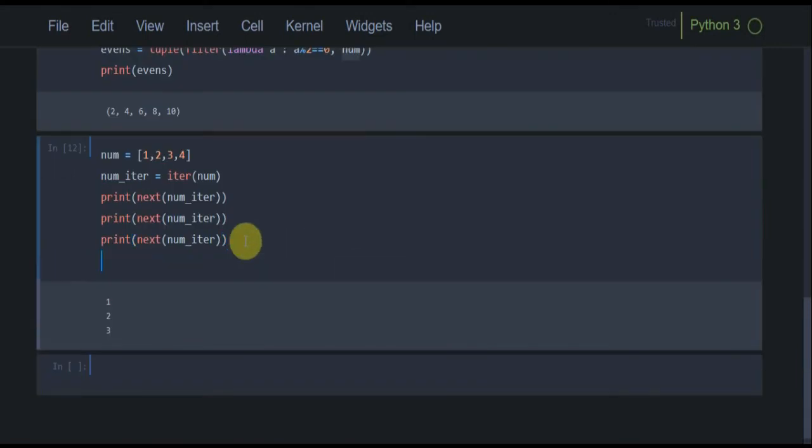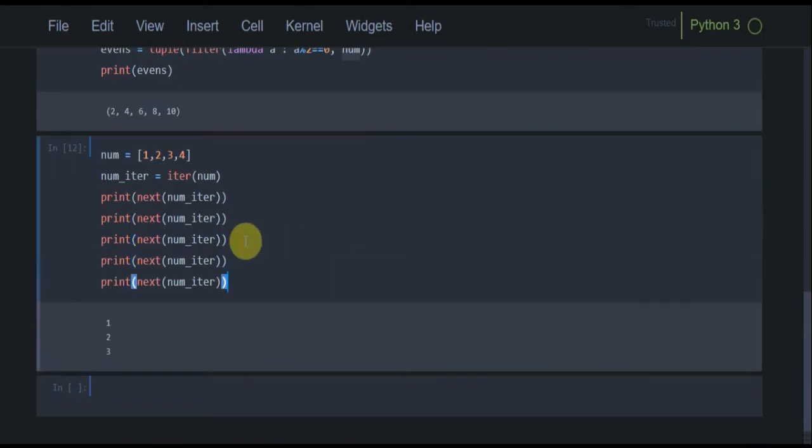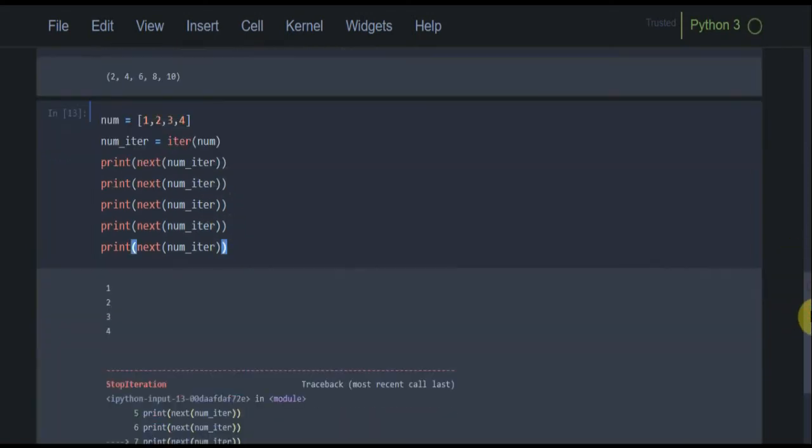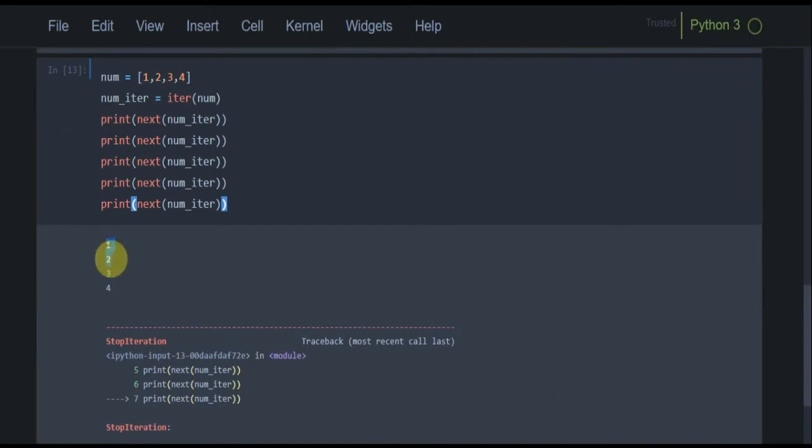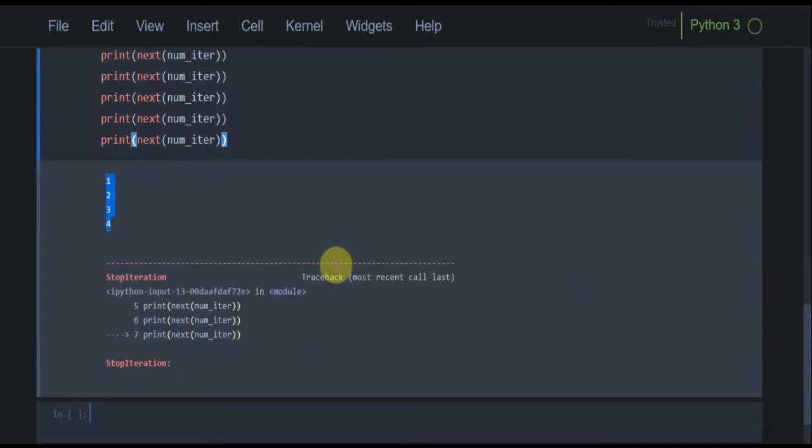If I print it all 5 times and run this program again, you can see that all the atoms from the list appeared,